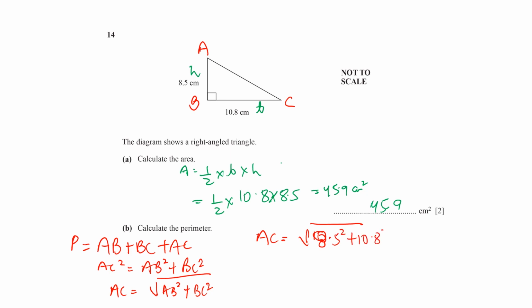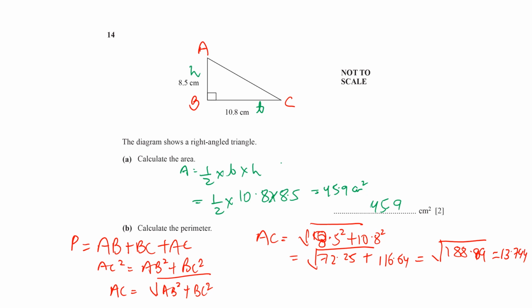Now 8.5 squared, if we calculate it, is 72.25, and 10.8 squared is 116.64. So if we add this, it's going to be 188.89. Now the square root of that will be